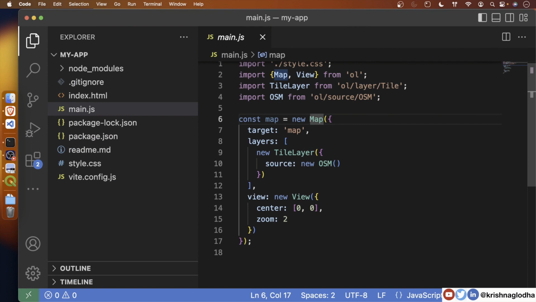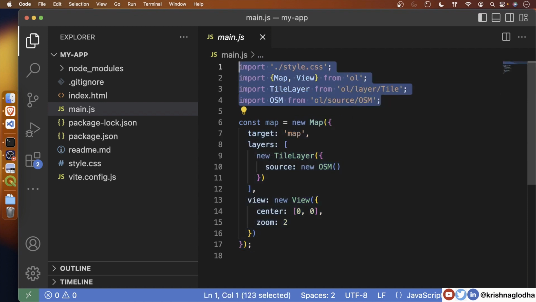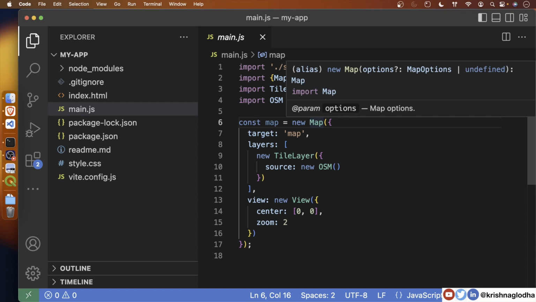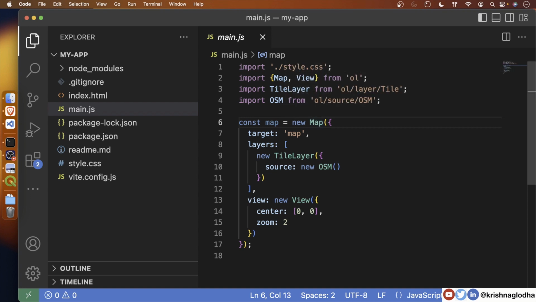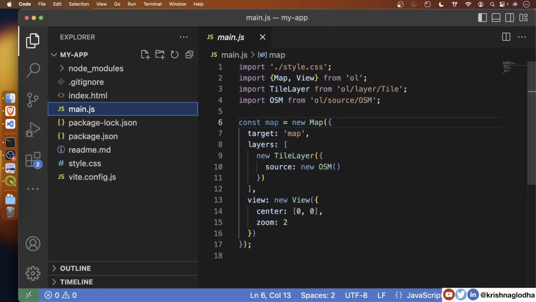Now let's try to understand this map object. So I'm not going to actually walk you through the import. I think that is self-explanatory. But now let's try to understand more about this map object. So whenever we want to initiate a map on our website, the first thing on the HTML part that we have to do is add a div with any ID. Here I am adding the ID as map, but this is totally up to you. The reason why this ID is so important is because we use this ID as a target for our map